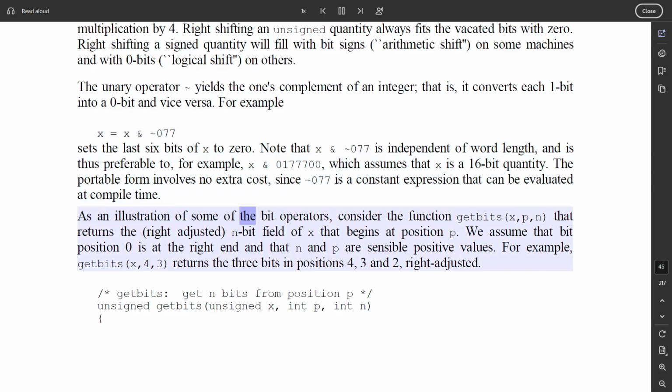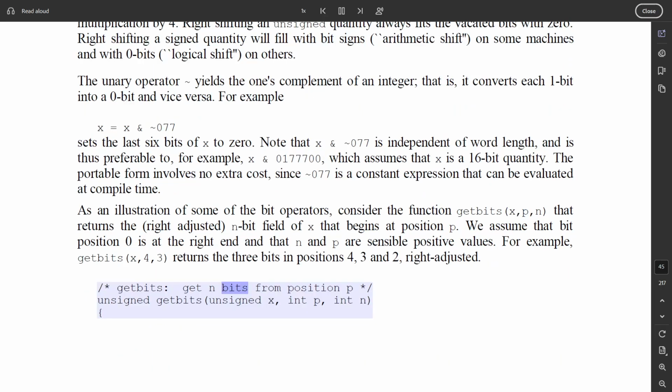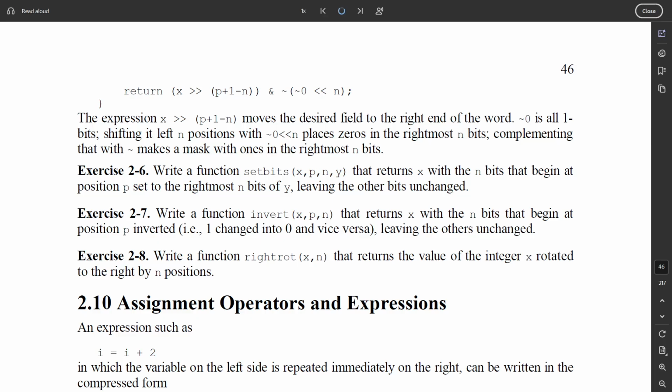As an illustration of some of the bit operators, consider the function getbits(x, p, n) that returns the right-adjusted n-bit field of x that begins at position p. We assume that bit position 0 is at the right end and that n and p are sensible positive values. For example, getbits(x, 4, 3) returns the 3 bits in positions 4, 3, and 2, right-adjusted. /* getbits: get n bits from position p */ unsigned getbits(unsigned x, int p, int n) {